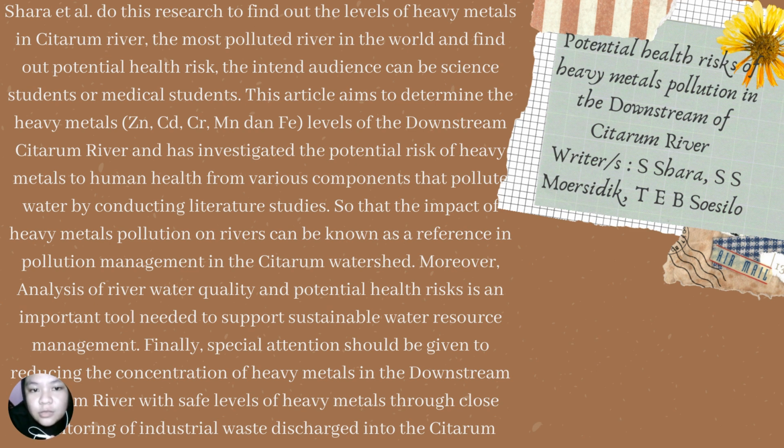This article aims to determine the heavy metals such as zinc, manganese, and also iron levels of the downstream Citarum River and has investigated the potential risk of heavy metals to human health from various components that pollute water by conducting literature studies. So the impact of heavy metals pollution on rivers can be known as a reference in pollution management